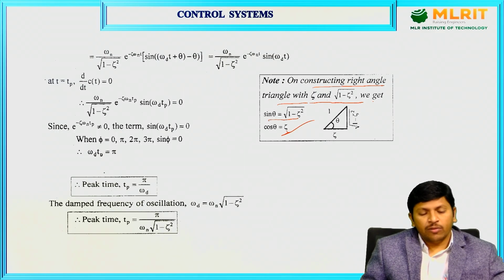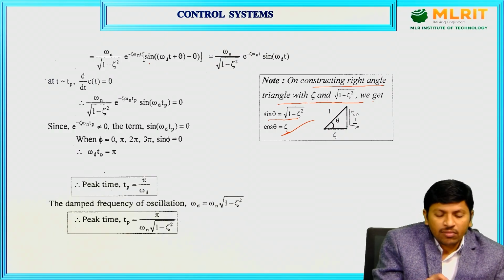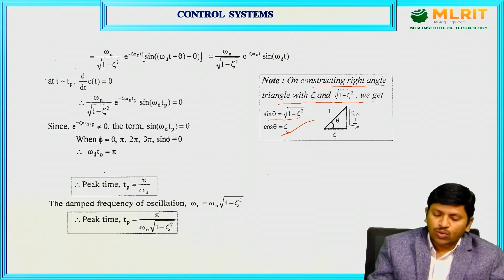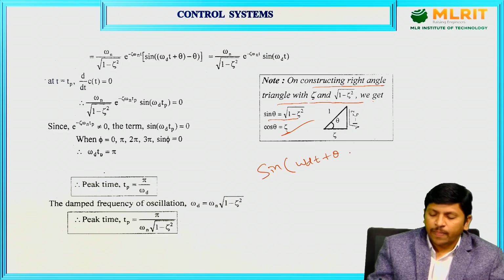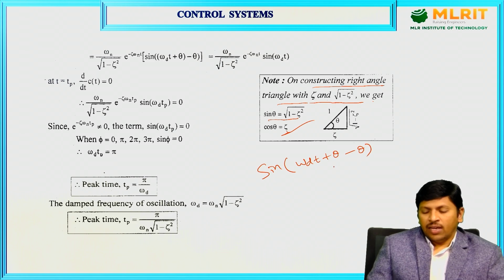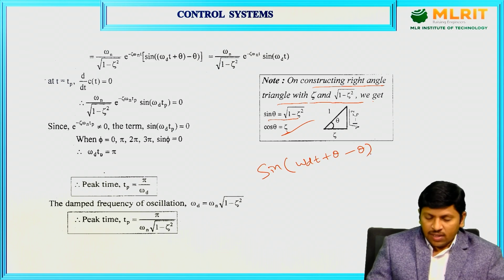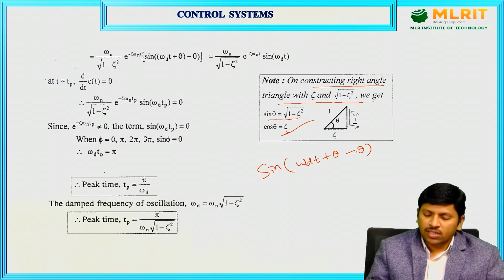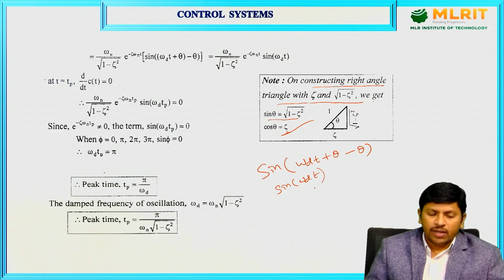So now I write directly sin of a minus b. Here a is omega d t plus theta, minus theta. So a minus b, theta gets cancelled, omega d t simply. So we get sin of omega d t, where t equals t p,